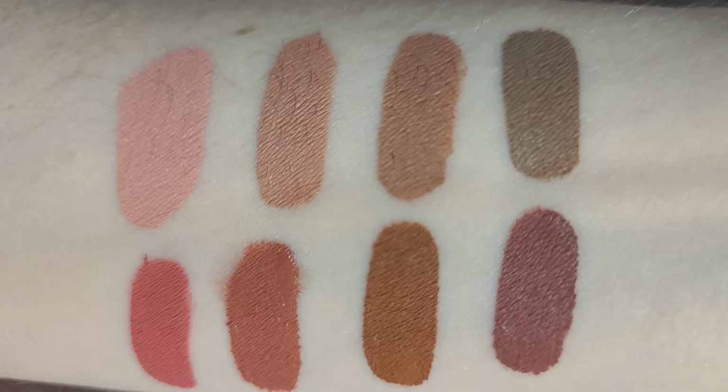So I'm also going to just show a picture of me swatching these, because I don't want this video to be super duper long, and I see the time right now is already 12 minutes, which with editing might be a little less. That's also why I don't have anything on. This is my natural look on my eyelids right now. So when I become an actor, and I have to play a sick role or something, I won't have to wear a bunch of makeup. I'll just be like waking up and be like, hey, ready for my sick role. Anyway,